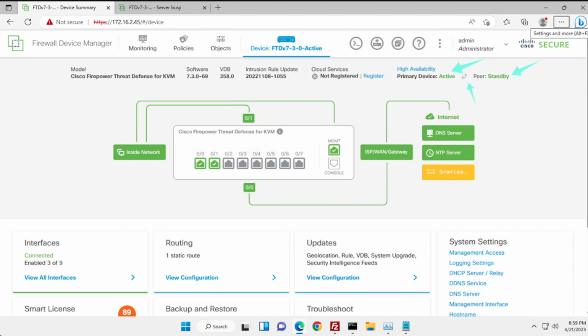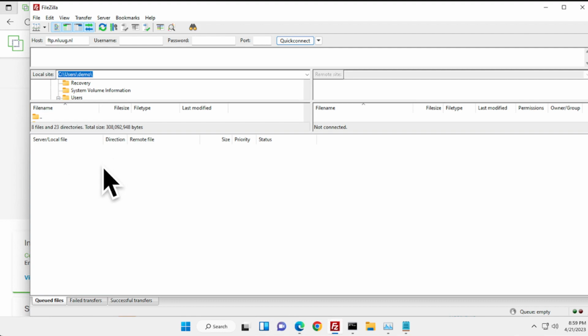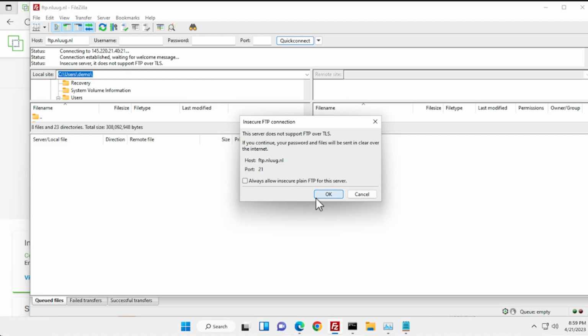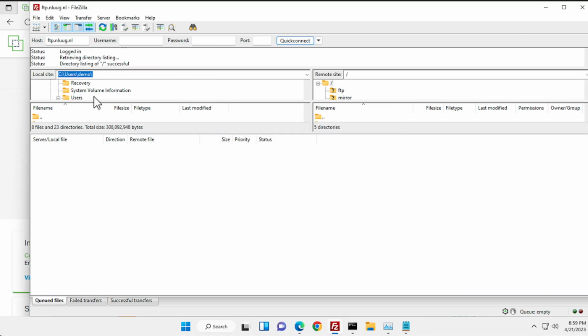Okay, now we can go to the last step of our tutorial, which is to simulate the HA, right? So what we're gonna do is let me launch FileZilla. This allows me to show you much better, right? With a UI, I can do it in the command, but UI is much easier. So let's go to the mirror side. Okay, let me just bring this down,